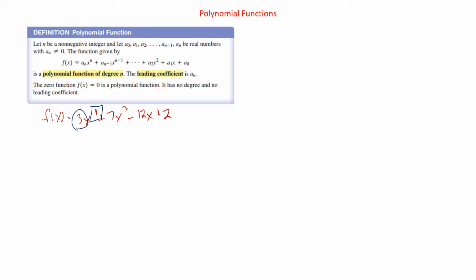The zero function, f of x equals 0, is a polynomial function, and it has no degree and no leading coefficient, and we'll see that